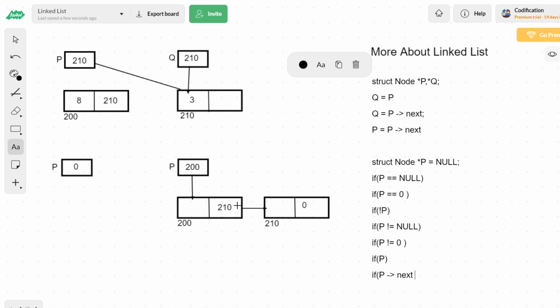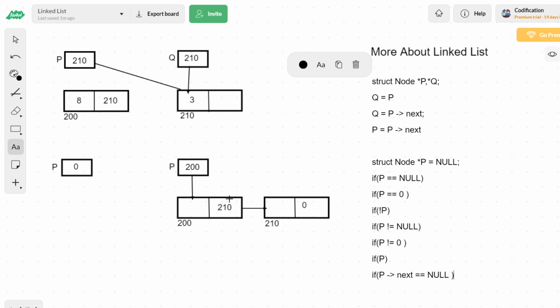There is no next node. That is why we will be giving 0 or null here. So if P arrow next is equal to null, then you can say that definitely this is the last node. So P arrow next equal to null will tell you that the particular node that you are presently visiting is the last node.